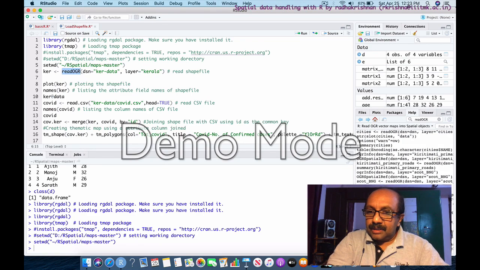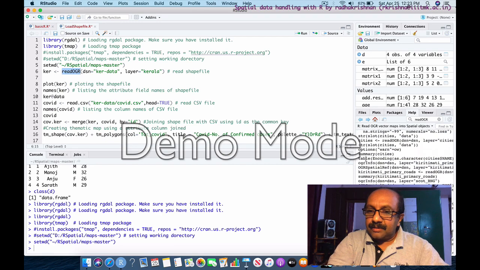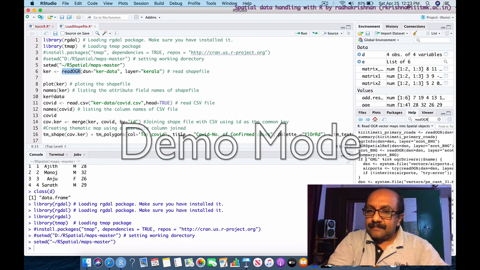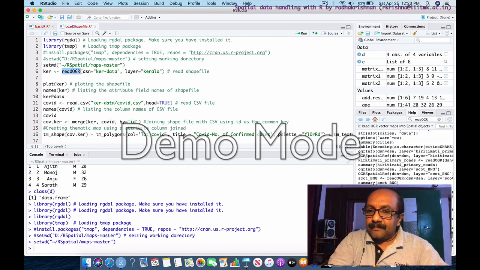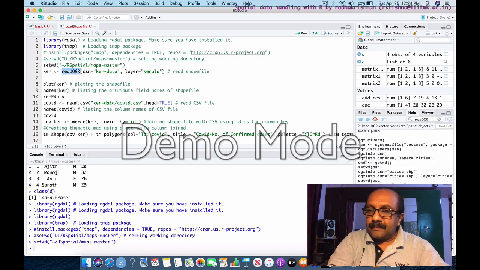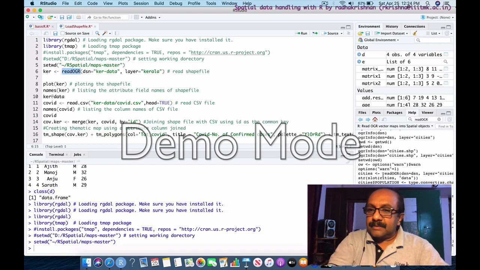There will be an example somewhere in this, let me check. Yeah, this is here, read OGR. They're storing it in CT. So this is the example.